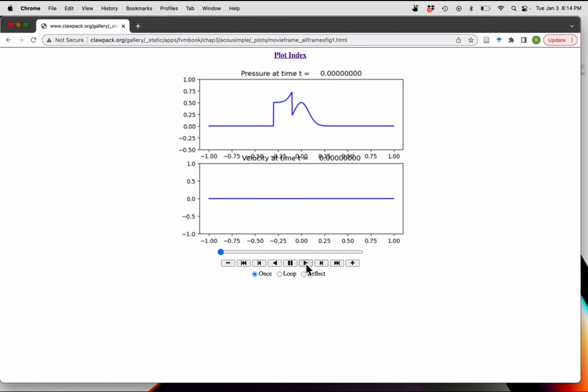So if we let this go forward in time, just step through a few steps, then we see this splitting up of the initial pulse into the right going wave here and the left going wave here. And as this evolves,